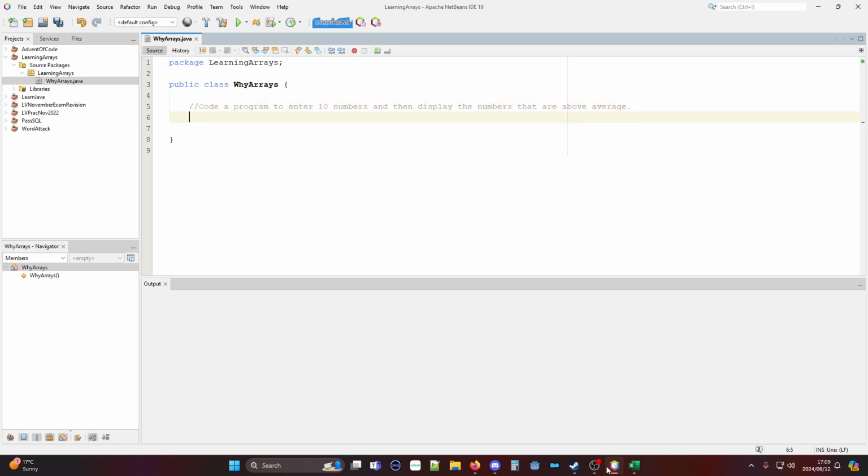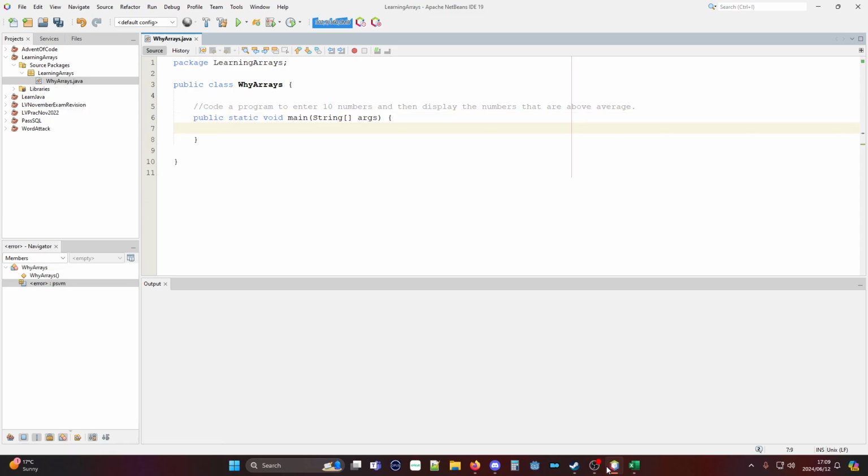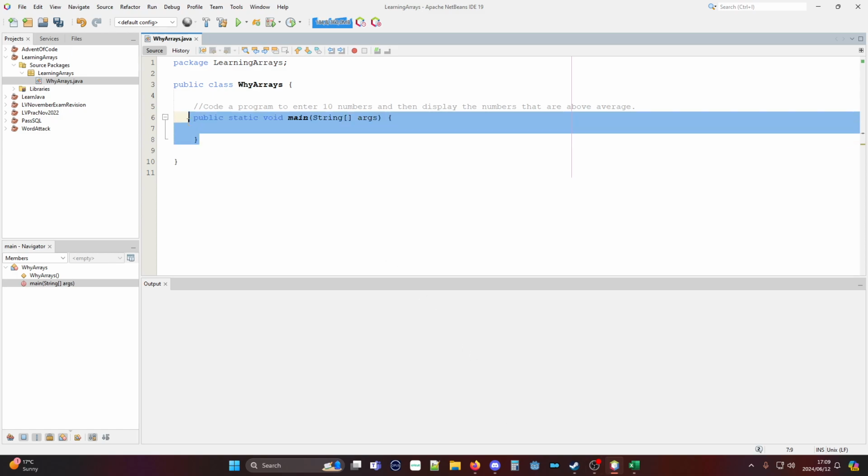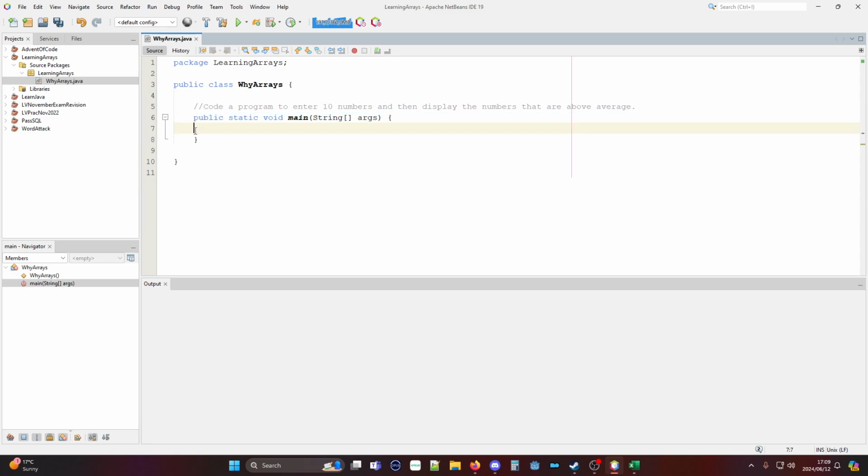So I'm going to create a new main method. I am lazy, so I'm going to use the shortcut, which is PSVM, push tab, and I've created a main method. If you're not on NetBeans, you just have to type this out by hand, although, as I said, don't code this specific program. Right, I need to remember all 10 numbers, so I need 10 variables. Int num1,